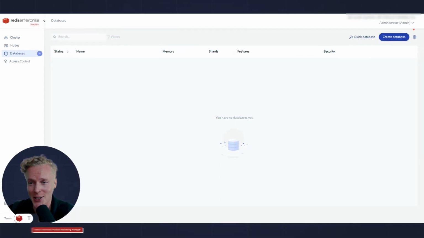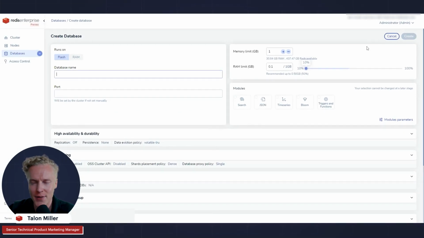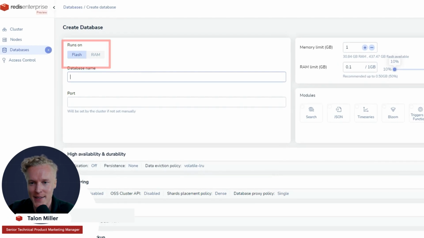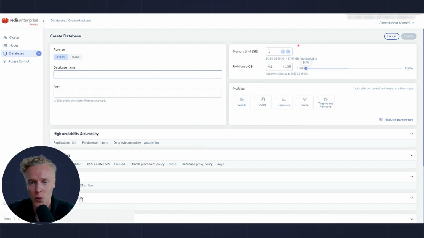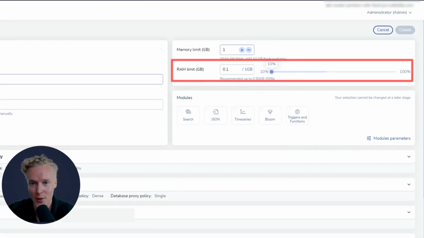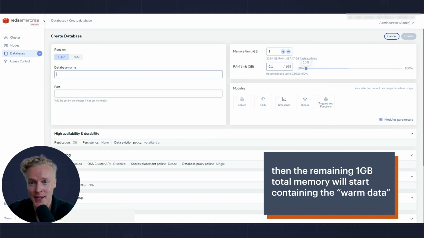First, we're going to select Create Database in our database configuration screen. We already have Flash toggled on as our default. This gives us the capacity menu on our right. For our shopping carts, we will only need 1 GB of memory, and we'll set the RAM limit at 10% or 100 megabytes. This means that once our database hits 100 megabytes of shopping carts, then the remaining gigabyte total